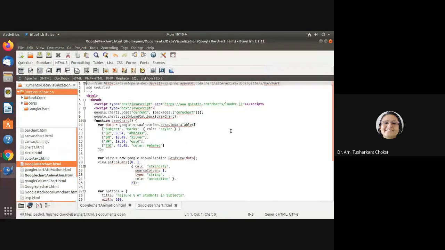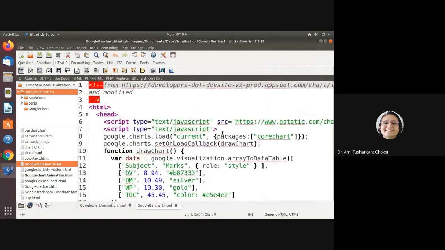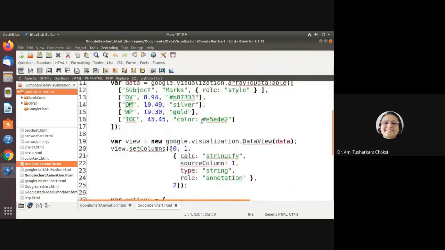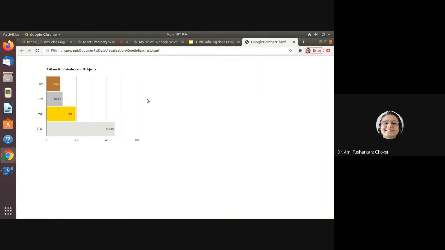This is the bar chart, right? The same code is here, which I have shown you in the PPT. Let us run this in the browser, right? Let's see, this is the view of our bar chart. Bar chart is the horizontal chart, fine.